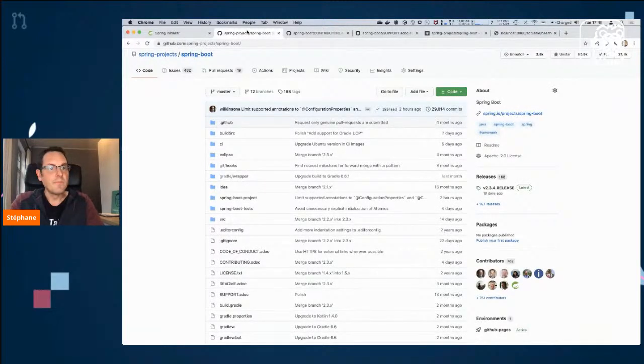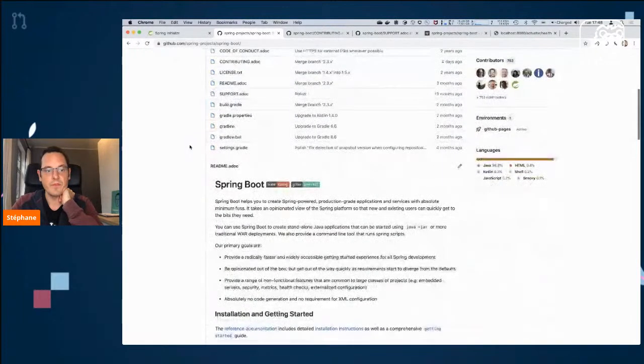So to get started, Spring Boot is on GitHub. If you Google Spring Boot, it's probably one of the top hits. It's in the Spring Projects organization. If you look at this project, you'll see that there is a number of resources in the home directory. In the README, you'll get some help to get started with the project, and where you can find documentation, where you can submit issues. If you're new to the project, that's usually a good place to start, because